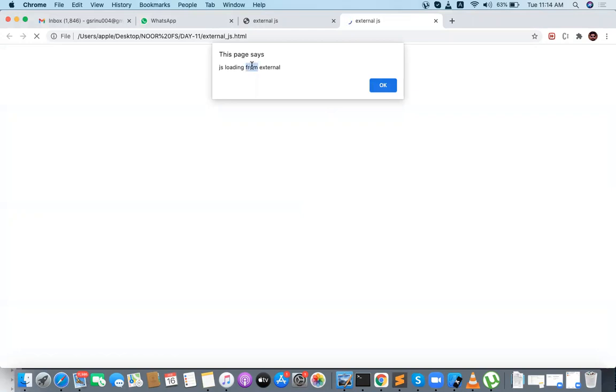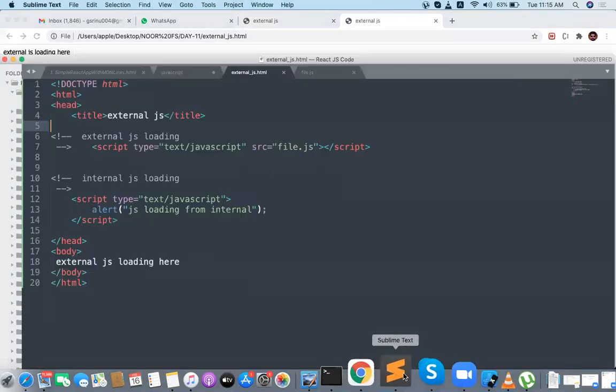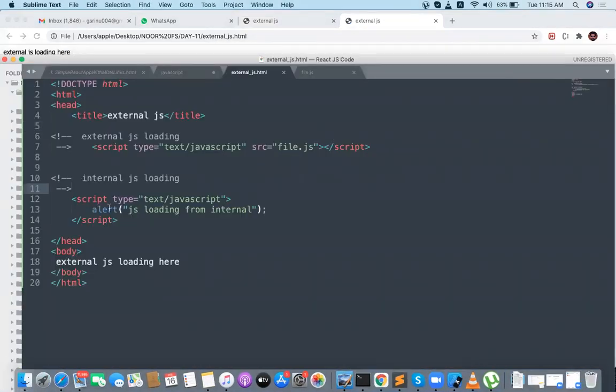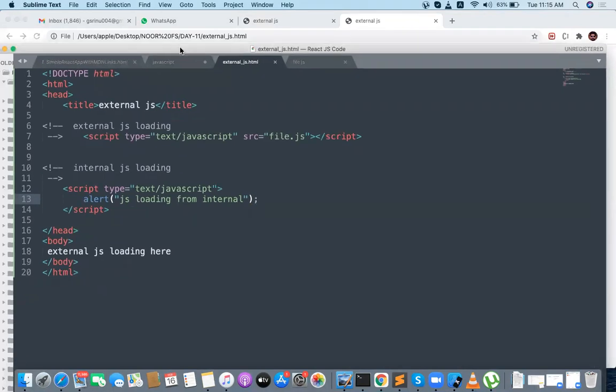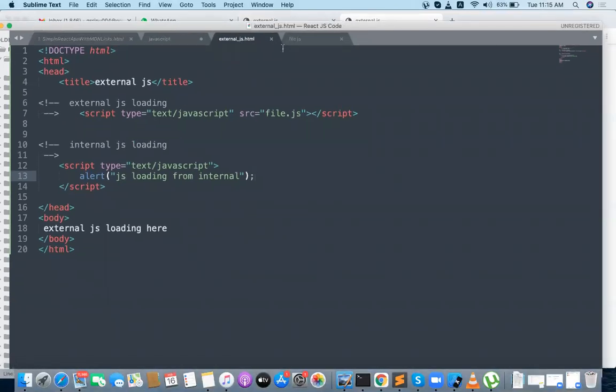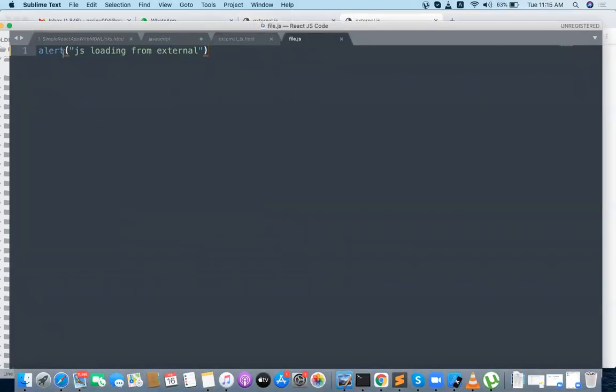Just this, the page says. That is the alert title. If you want a title for the alert, you can use confirm boxes, not alert boxes. That is customizing, so I will tell you that later. This is a simple alert box. Fine, this is executing line by line.